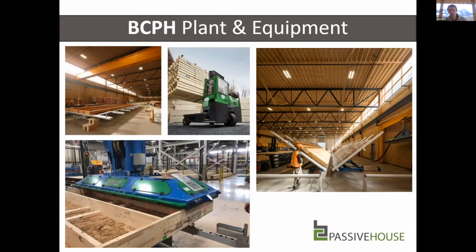Some more modern equipment that we've added. And I've actually seen the Isocell machine a couple of times already. So this is a high-powered insulation machine. We have our Sukup framing line, which includes a butterfly table. So this way we can move panels through the framing line quickly and then flip them after we've finished one